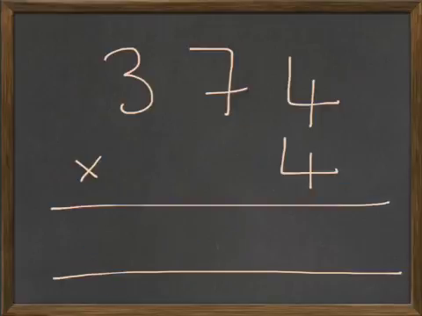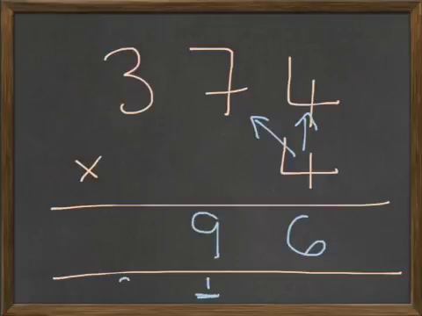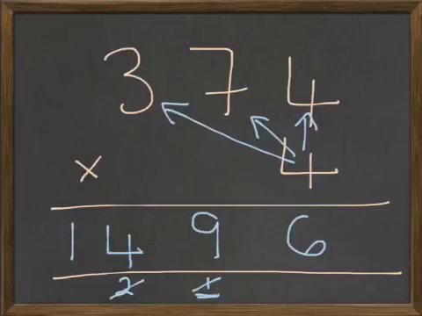And this just carries across, so we can just work across from right to left and we end up with the correct answer. If we start on the ones, we have 4 times 4, which is 16, and then we're going to do 4 times 7, which is 28, plus the 1, don't forget, down at the bottom here, so 29. And then 4 times 3, which is 12, plus the 2, which is 14. So there we go,